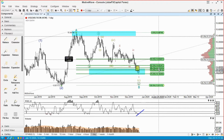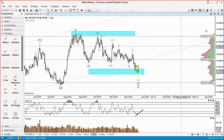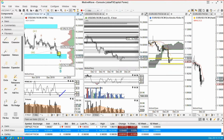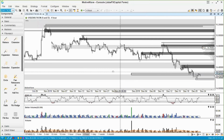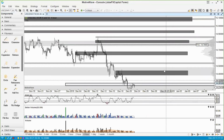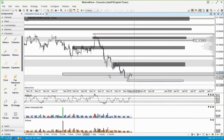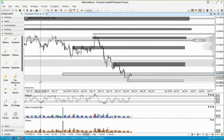Even though Christmas is just around the corner, I don't think the market will be that active, but I'll keep my eye on this one as well. So let's go to the supply and demand. If I go to the supply and demand, we are on the demand zone for the daily. This whole area is a demand zone for the